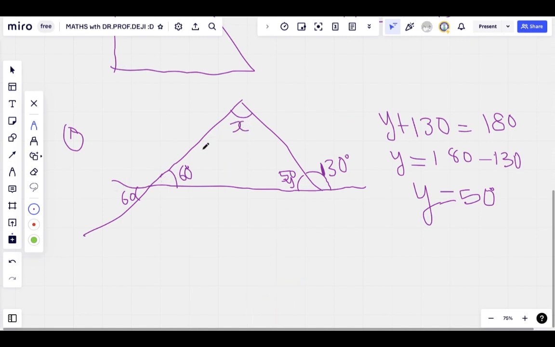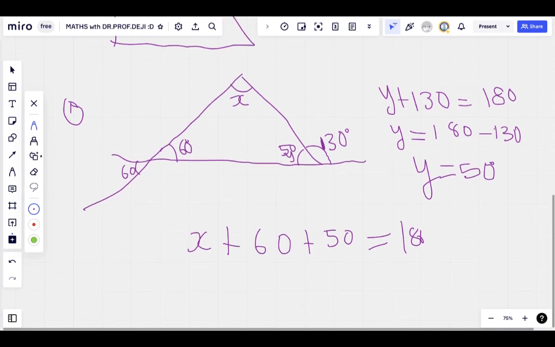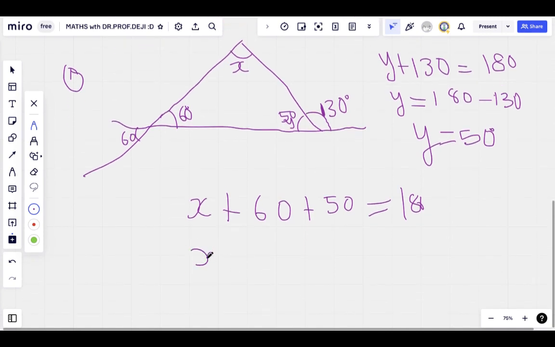So we can find x. And remember, now it's easy to find x because we know the two angles inside the triangle. So we add them plus x, equal to 180. Sum of angles in a triangle add up to 180. So I will say x plus 60 plus 50 equal to 180. If you add them, 60 plus 50, you get 110. So we get x plus 110,